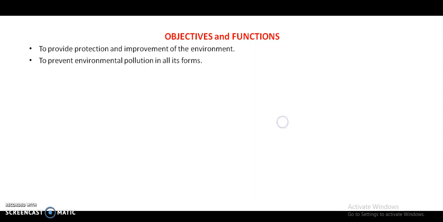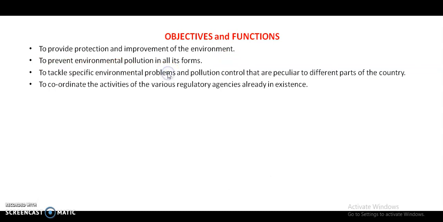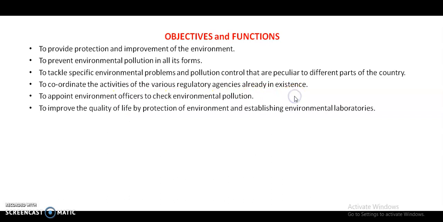Now, objectives and functions of the Environment Protection Act. To provide protection and improvement of the environment, to prevent environmental pollution in all its forms, to tackle specific environmental problems and pollution control that are peculiar to different parts of the country, to coordinate the activities of various regulatory agencies already in existence, to appoint environment officers to check the environmental pollution, to improve the quality of life by protection of environment and establishing environmental laboratories,